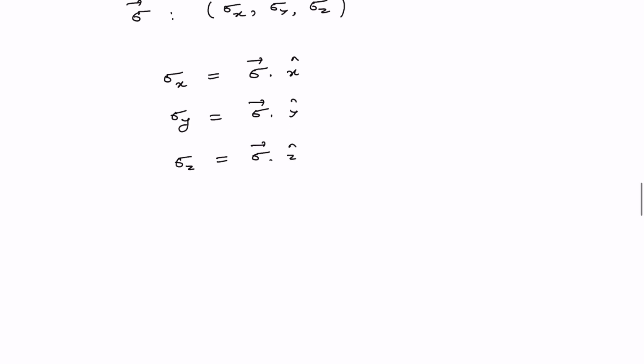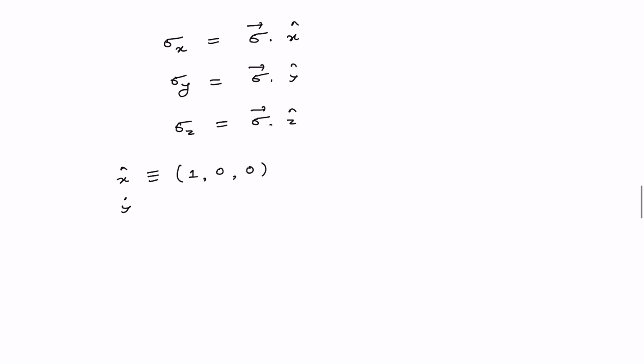And also you know that x cap is a unit vector along the x direction, and we can write it as a row vector 1 0 0, and y cap is 0 1 0, and z cap is